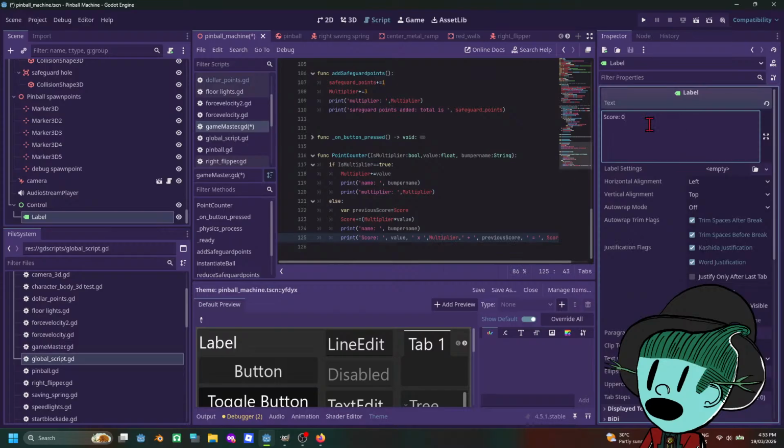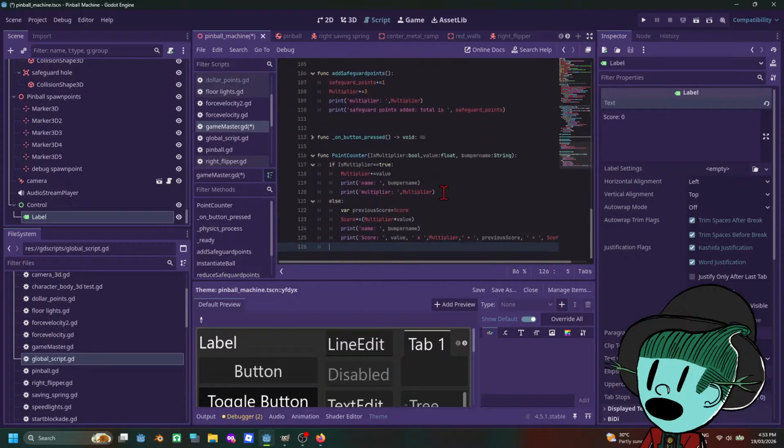Score is 0 at first. Multiplier is equal to true. Then under point counter, score label dot text equals